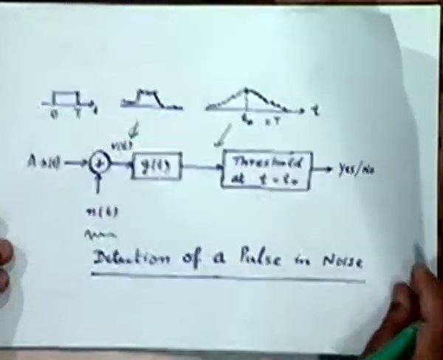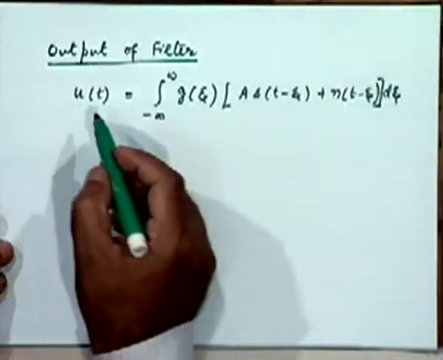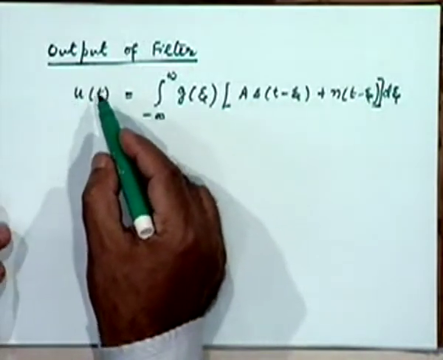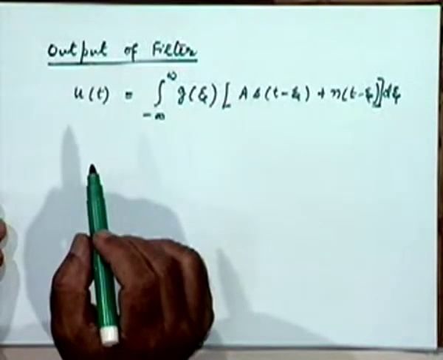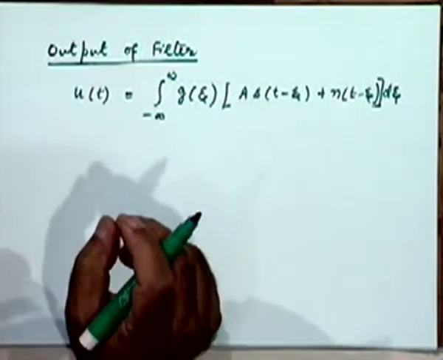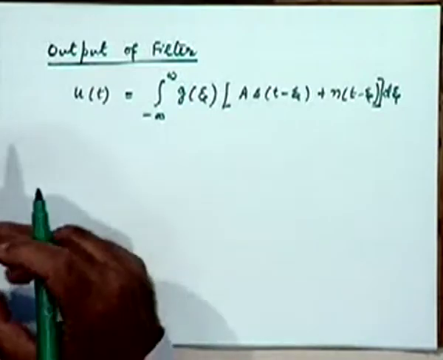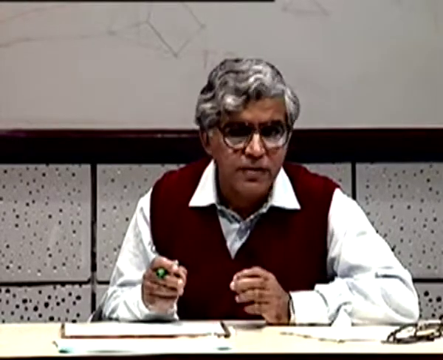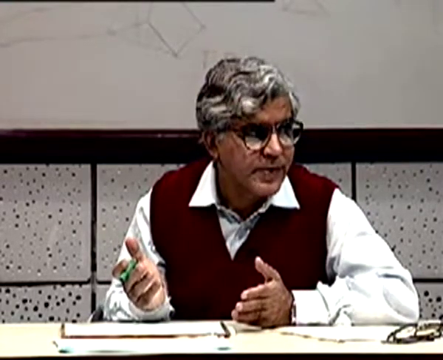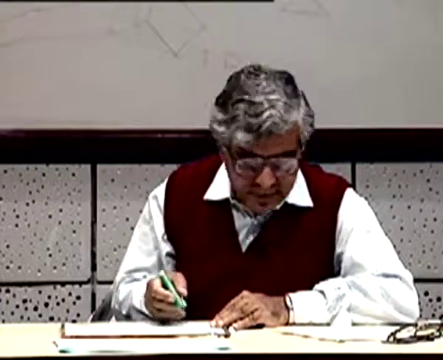So we would really like to look at the nature of this random process in terms of its mean and variance at the sampling instant. Let us look at what the mean value is and what the variance is. The variance will represent the perturbation over the mean value, and hopefully the mean value would be a contribution of the signal alone. In fact, we can see that very easily now.